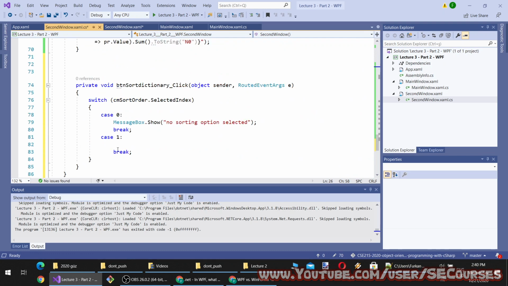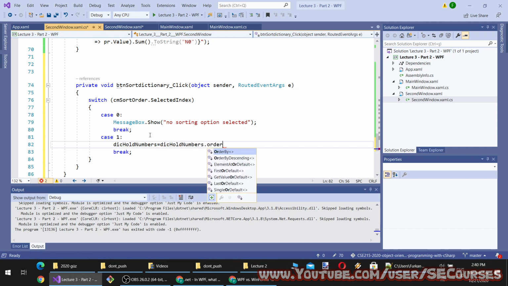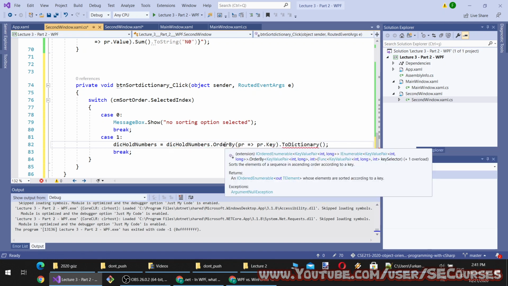Okay, let's sort the dictionary ascending. Then ToDictionary, because OrderBy returns an IOrderedEnumerable of key value pairs. So I have to convert that IOrderedEnumerable of key value pairs into a dictionary.